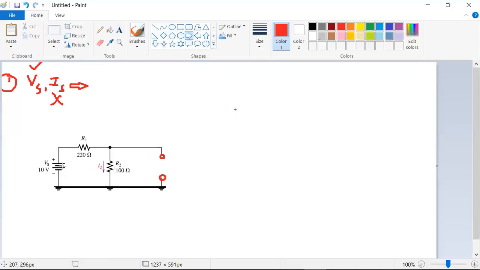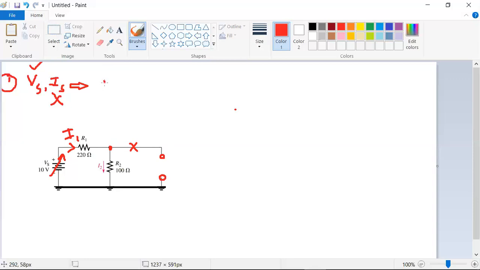As soon as you switch on the supply, it permits the flow of current, that is the source current I1. Since this branch is open circuit, when the current reaches this point there are two ways, but since this way is open circuit, the current never flows this way. The total current always flows through this path. Hence I1 is equal to I2.